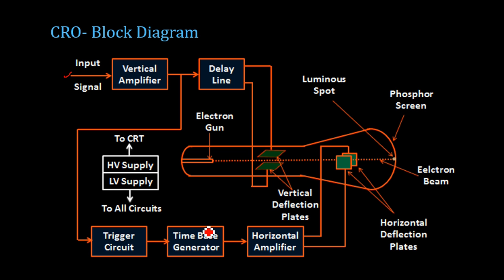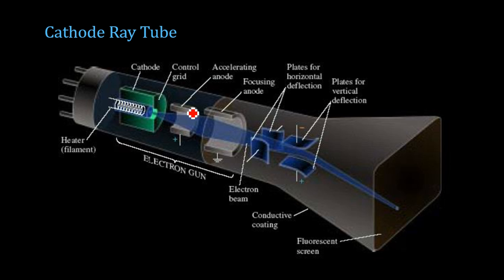is to be displayed. It also has voltage supplies, a high voltage as well as a low voltage supply, to be provided to the circuits. The high voltage supply is given to the CRT for the accelerating as well as focusing anodes, and the low voltage supply can be given to other auxiliary circuits including the heater element. Then we have the focusing anodes and the accelerating anodes, which focus the electron beam that is generated by the cathode, and with the help of the horizontal as well as vertical deflection plates,